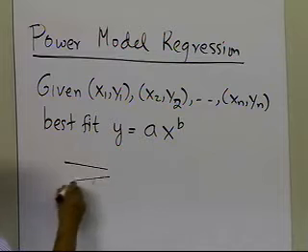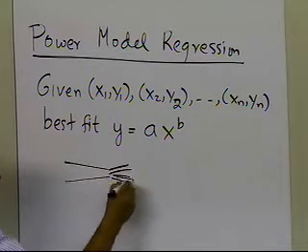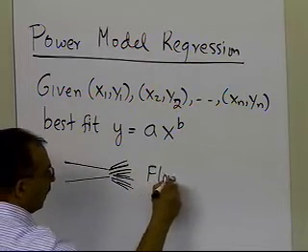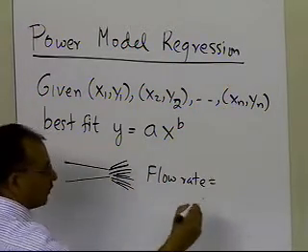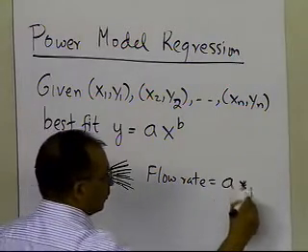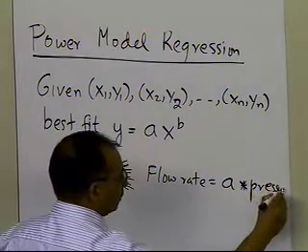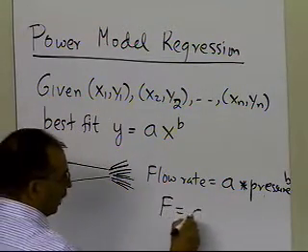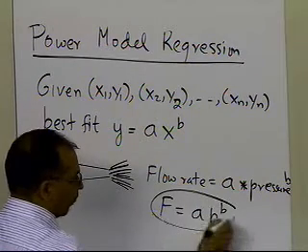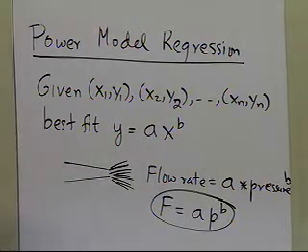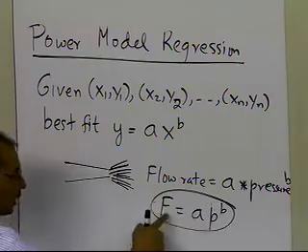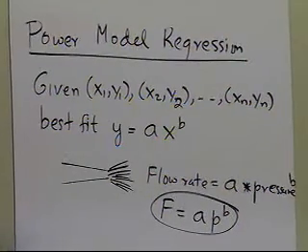Some examples of power model regression: if you have a fire hose, the rate at which the water is coming out, which is the flow rate, will be A times the pressure raised to the power B. So you get flow rate F is equal to A P raised to the power B. That will be the model you use for the flow rate coming out of a pressure hose. The more the pressure, the higher the flow rate, but you do want to find out what the constants of the model are, so you can relate the flow rate to the pressure.